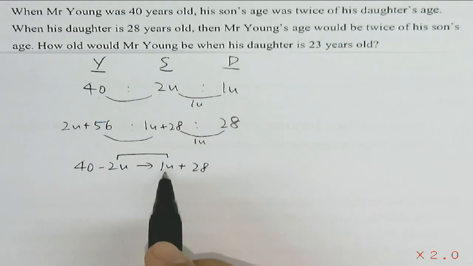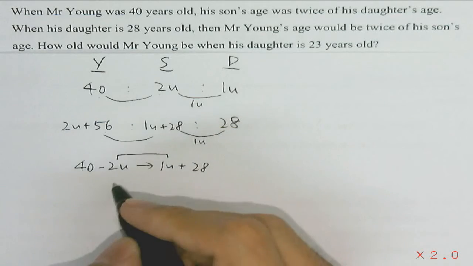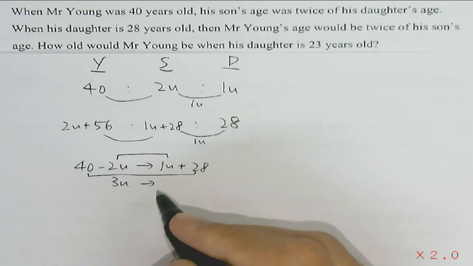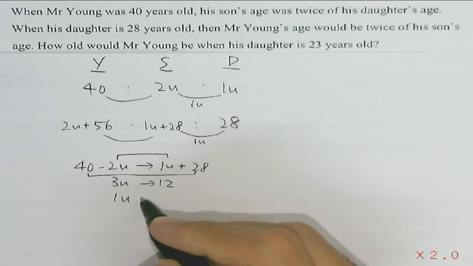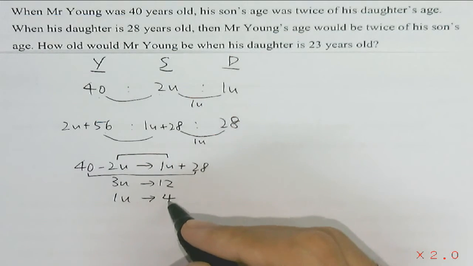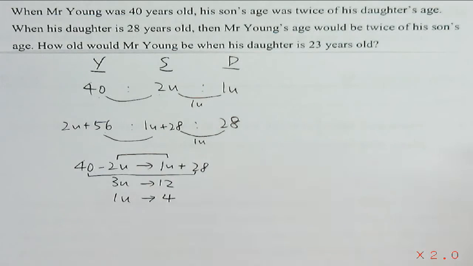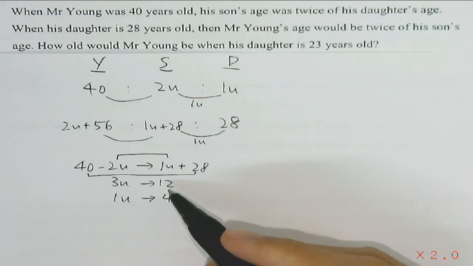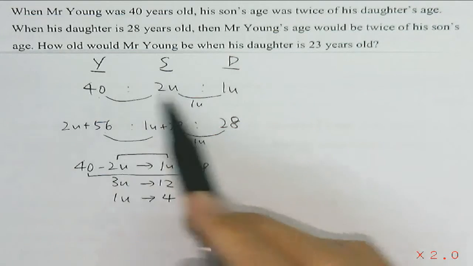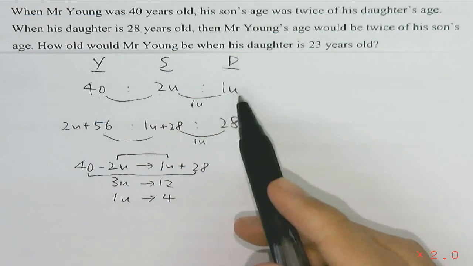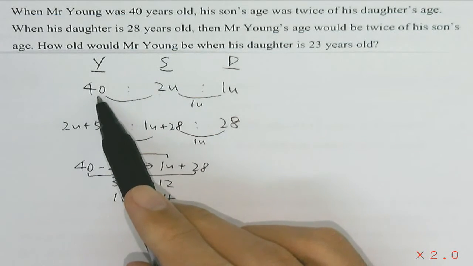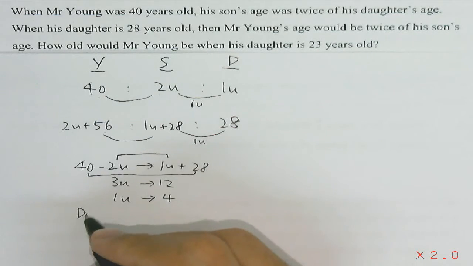So we find the difference between negative 2 units and 1 unit, which will be 3 units, and the difference between 40 and 28, which will give us 12. So from here we know that 1 unit will be 4 years, okay, by taking 12 dividing by 3. So now we need to find the difference between Mr. Young and the daughter's age. Since the daughter's age is 1 unit when Mr. Young was 40 years old, so the difference in their age,